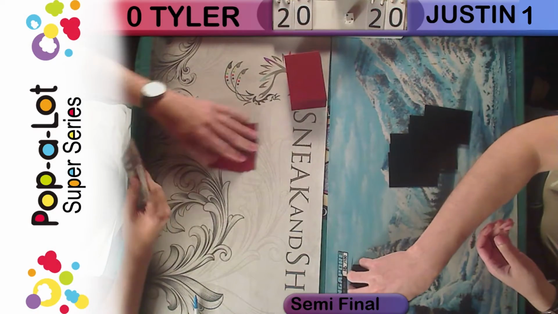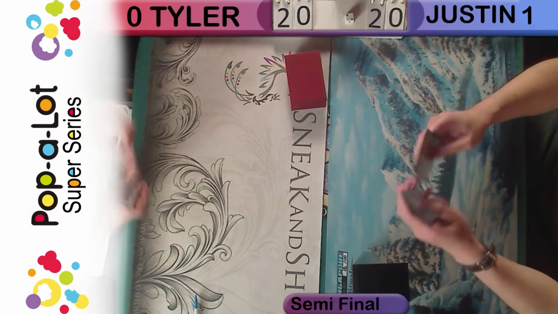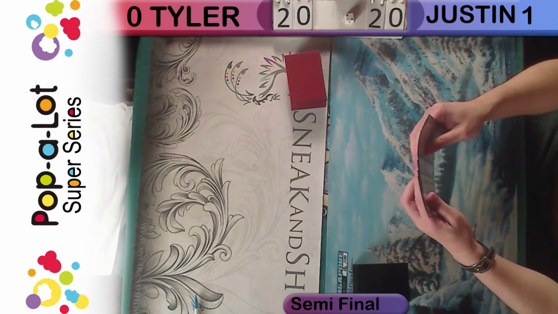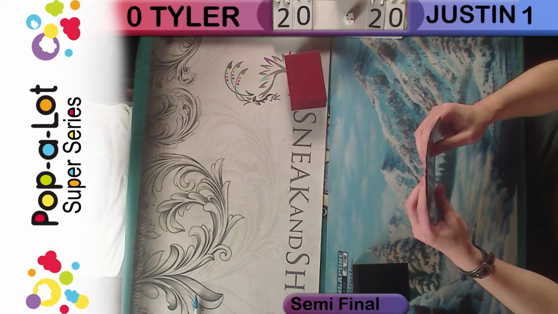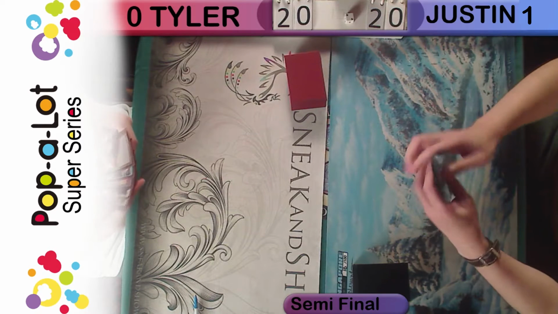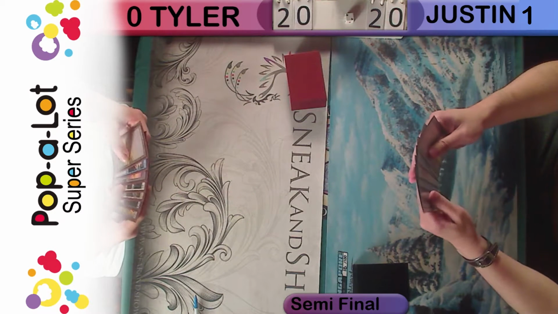Guys are drawing their cards. Tyler has an Infinite Obliteration in his opening hand, some lands. Let's see if he's got enough black sources to cast them. Other than that, he's got a Jace. He's got some other stuff. It looks pretty sweet. Can't see much of Justin's. Yeah, Tyler had a Hallowed Moonlight as well. Yeah. So Tyler